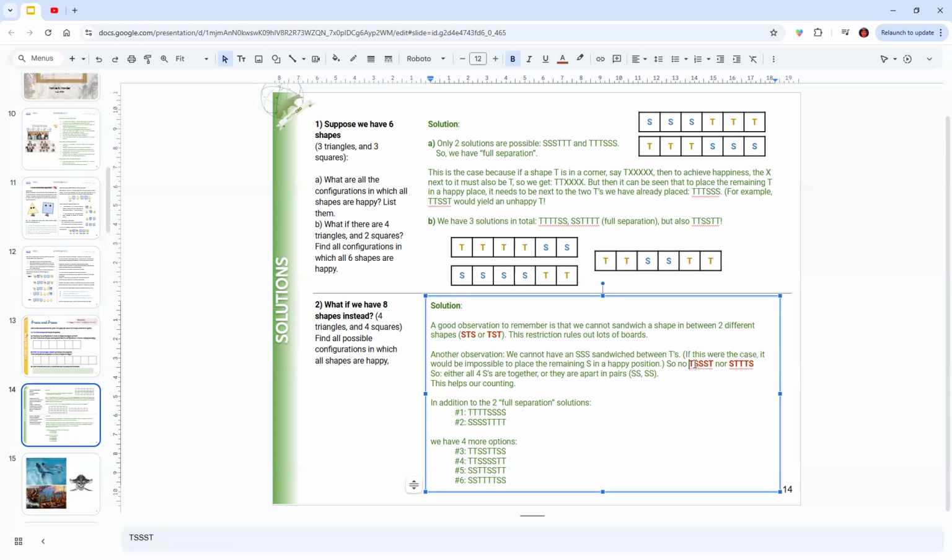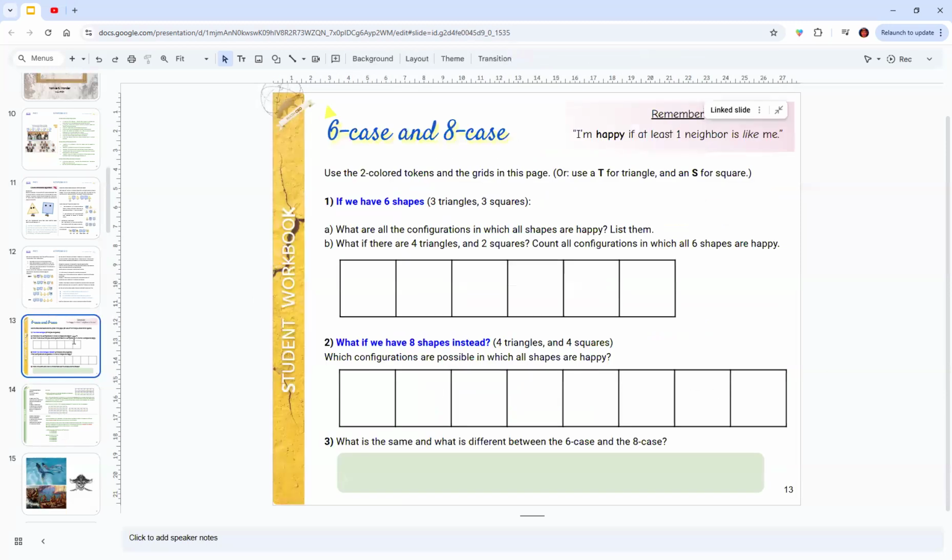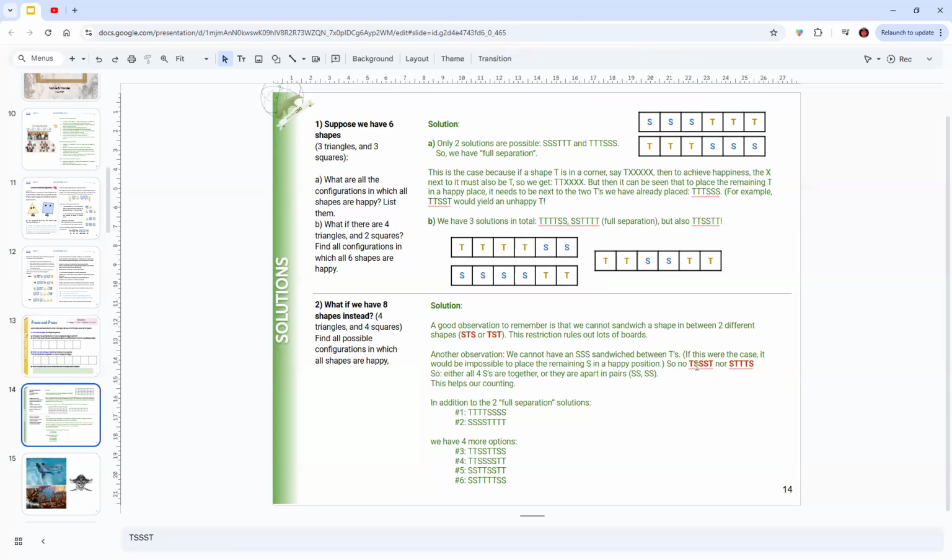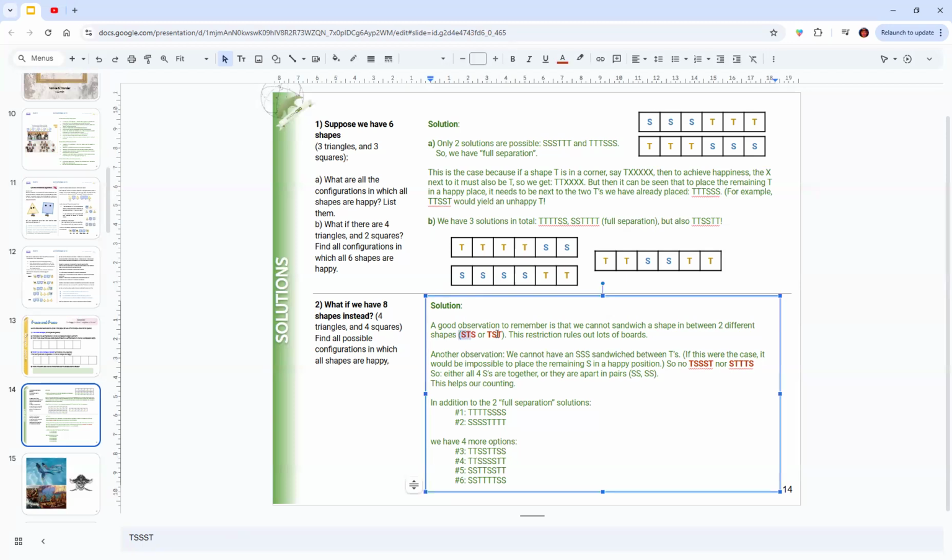That's because if you put this S somewhere here, so remember, it's a sandwich. You put it anywhere here, the other square would be isolated, right? Wouldn't have another neighbor. There's only 4 squares. So what ends up happening is that when you rule out these 4 mini configurations, right,